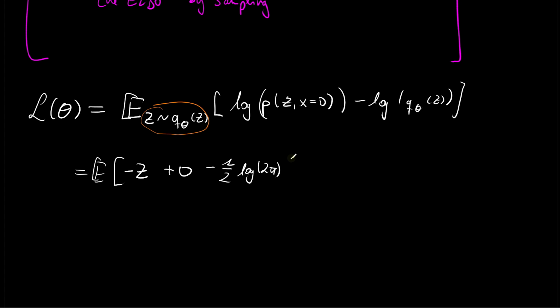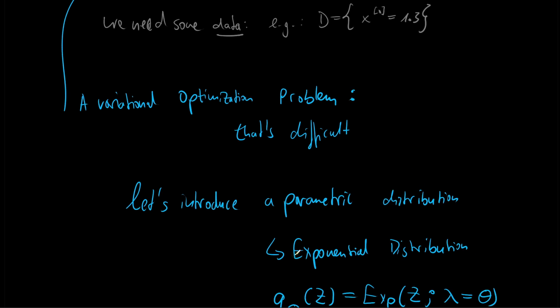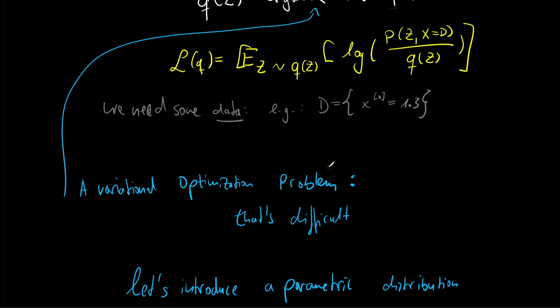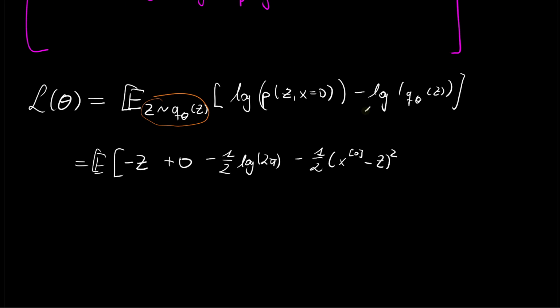Then the logarithm cancels again with the exponential, and we get minus 1/2 (x0 minus z) squared. Recall that x0 is the one data point that we have. Here we said it's 1.3. Then we have minus, opening brackets,